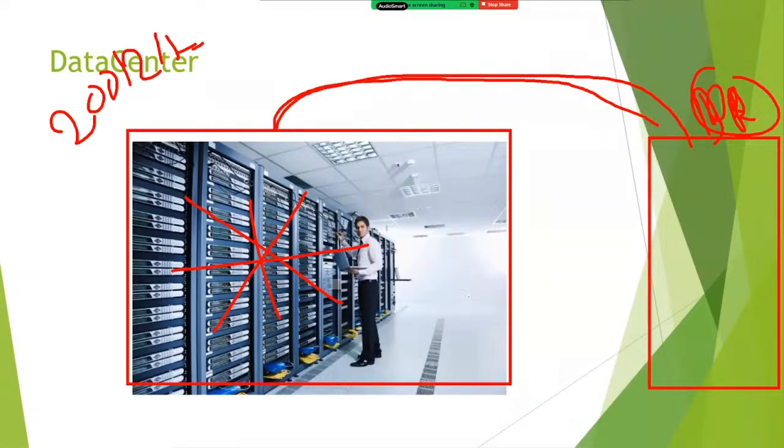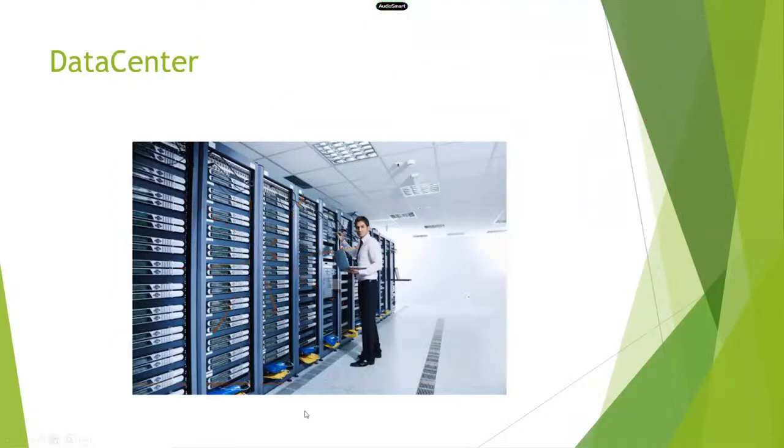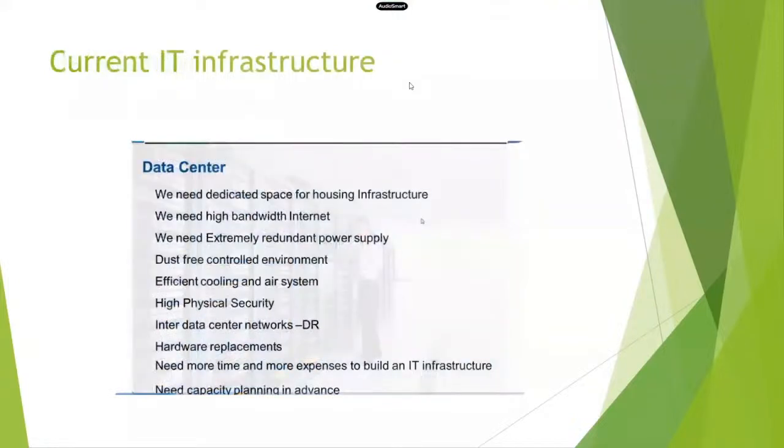Actually, the target was that if they collapse it, economically the US would be down, and someone else would become the leader in the world. That did not happen because the US was already maintaining another data center called disaster recovery. Because of that, the physical infrastructure collapsed, but the data is safe. So to maintain disaster recovery for our own data center, again it is the cost. We cannot bear it. Because of all these reasons, the entire IT industry is looking towards cloud, cloud, cloud.